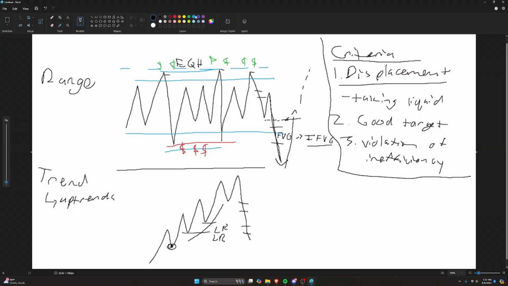And aside from just taking liquidity, for our good target, we want this to be an external high. We want to get close to it, but we don't want to get all the way there, or we hit some other internal high. Let's say there's a downtrend all the way over here before the market happens, and there's an internal high that gets swept here, and we get a little reversal pattern off the internal high. But let's say this is on a 1 minute chart or a 5 minute chart,